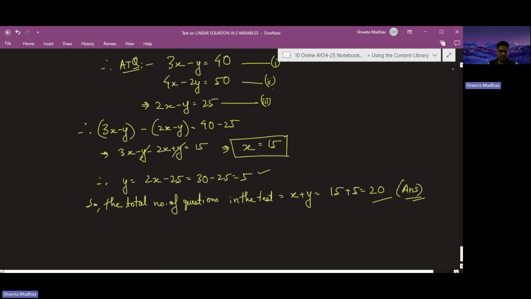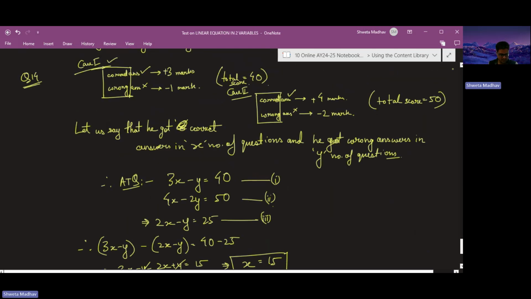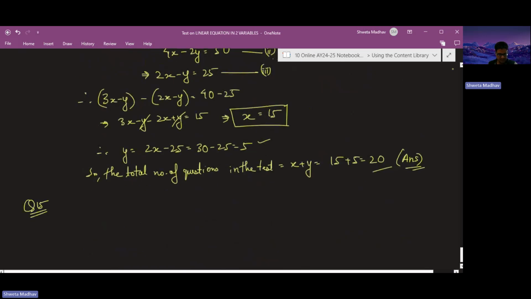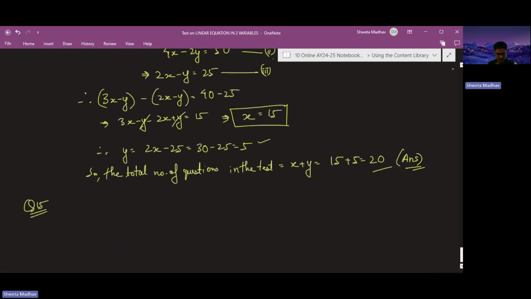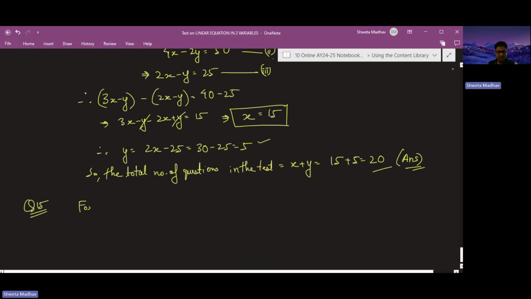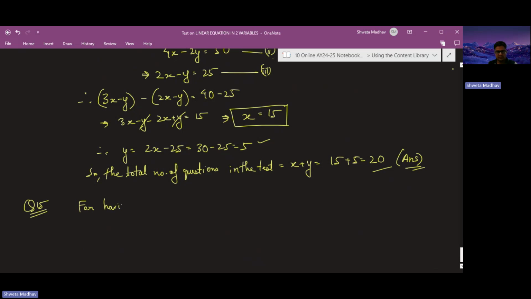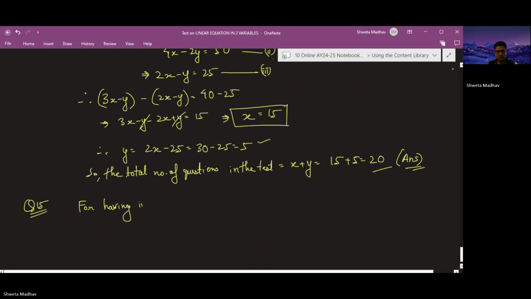Then in question number 15, it has been told: for which value of a and b does the following pair of linear equations have infinite number of solutions? So we know that for having infinite number of solutions,